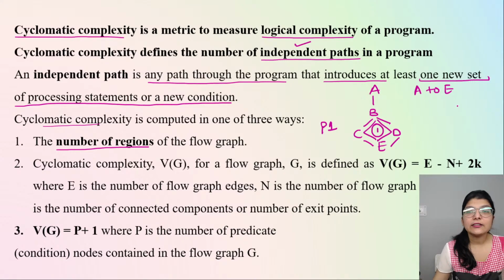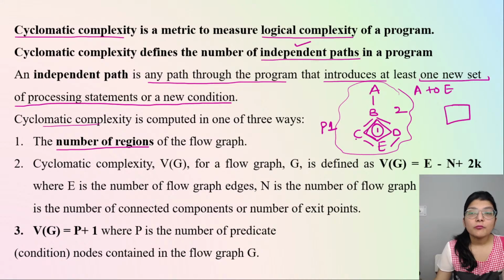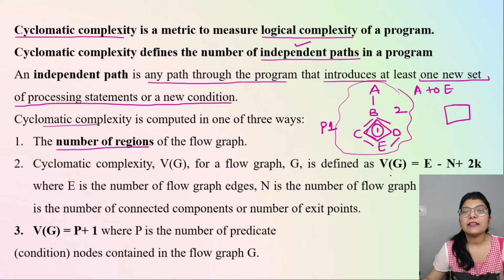Region is basically the bounded set. The bounded thing is your region. So this is bounded, and the outer region is the unbounded region. So this is your 2. If I talk about this diagram, I have 2 regions with me. So the cyclomatic complexity becomes 2. And how many independent paths were there? 2. Then cyclomatic complexity is defined by this formula, that is V of G, the cyclomatic complexity of the graph,